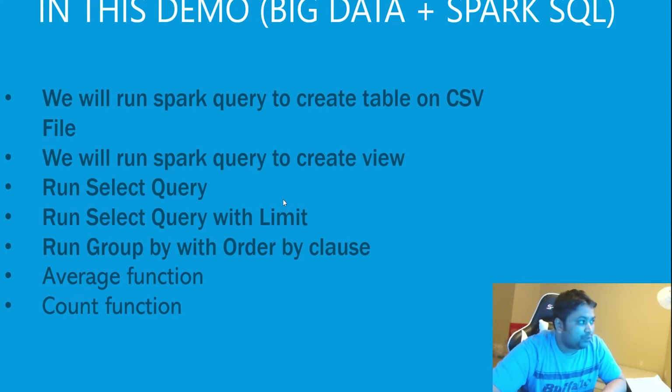Today we are going to run a Spark query to create a table on that CSV file, which we uploaded last day. Then we will run some queries. We can also create a view, like whatever we do in the SQL world, and we will run some select queries and see how we can use top 10 or limit on that select query. We can also run group by with order by clause. We will write some queries with the average function and count function, which we normally do in the SQL world. So let's go into our